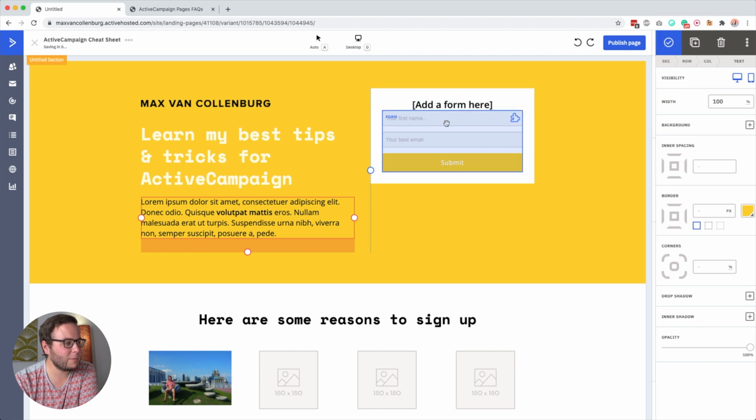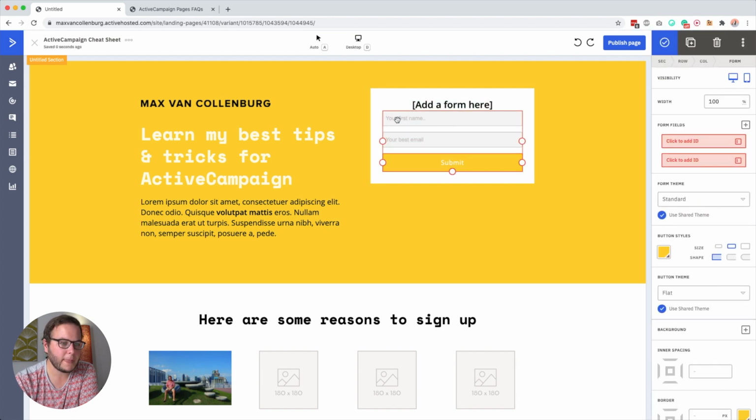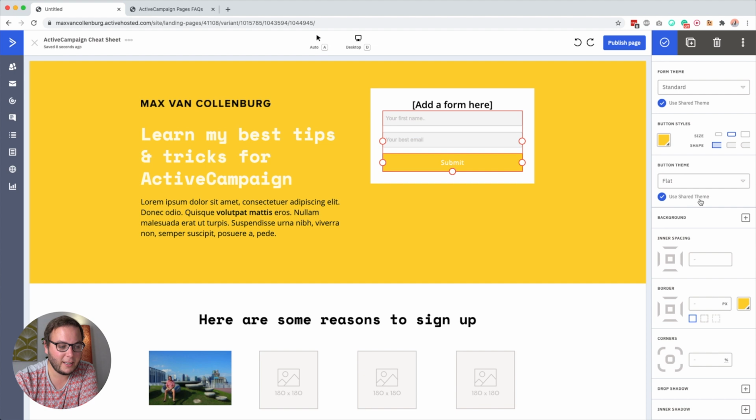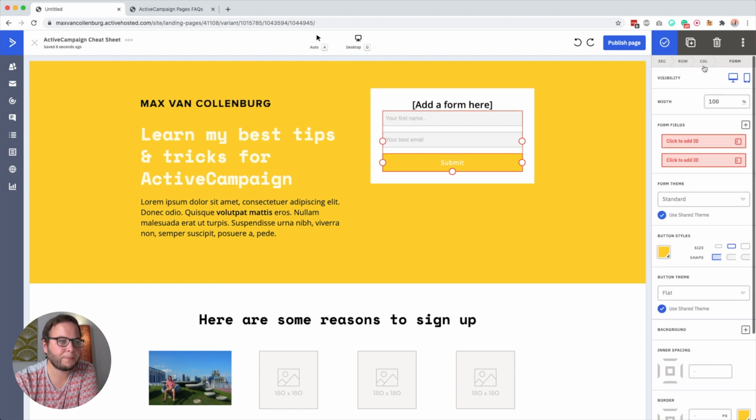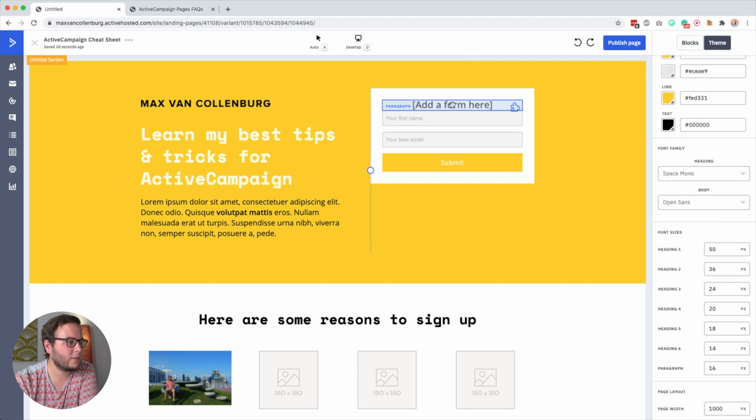So what is still confusing to me is that we have this form, but we cannot really set what happens when someone submits this form. So someone submits this form and then what? Like we want to maybe add a tag, add someone to a specific list. And right now I'm guessing that someone is just being added to the list. Maybe we can also try that out in a bit. All right. Duplicate, you can duplicate stuff. Okay, so here add a form.